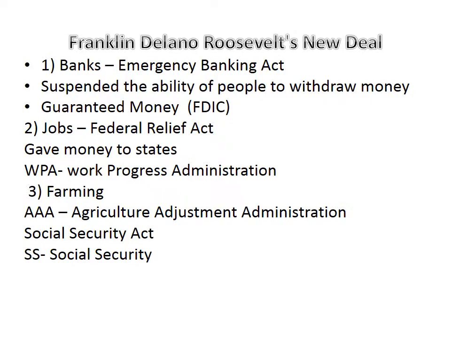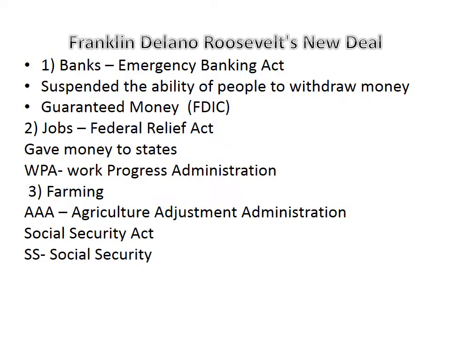The big thing, of course, is Social Security. That's the really big one, right? If you have a job, you will probably notice on your paycheck that part of it is taken out for Social Security. Before this, if you got old and hadn't saved, you were in a lot of trouble. If you didn't save, there was no savings for you. So what the Social Security Act did is it said that the government would take out money from your paycheck and save it for you for when you were older, to guarantee that you had money when you were older. Of course, it all comes out of everyone's paycheck.